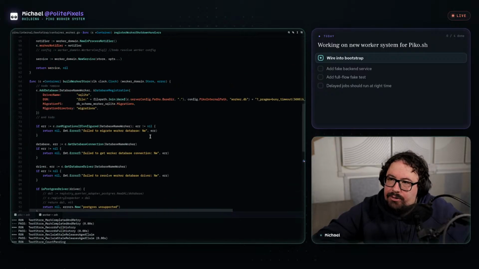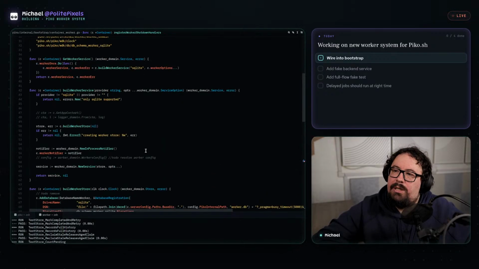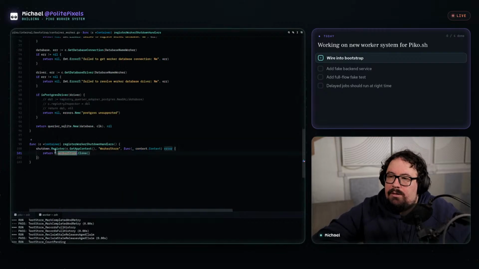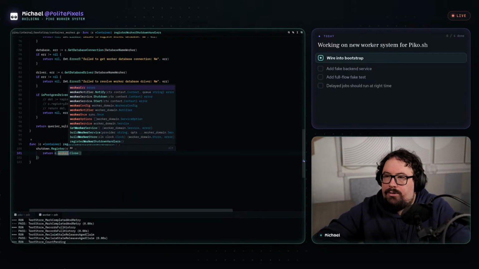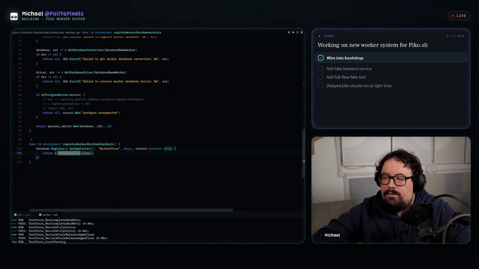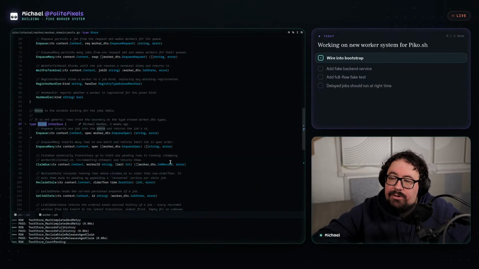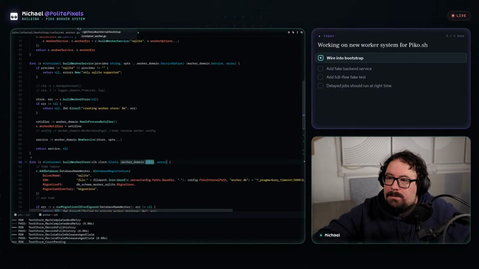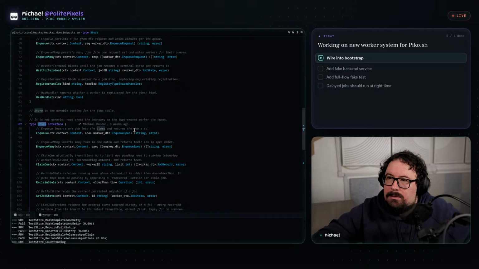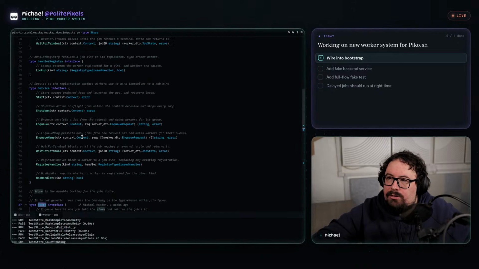Am I not even storing the store in the container? Can I close the worker service? No. Does the worker store even have a close function? Because it should. No, it does not.